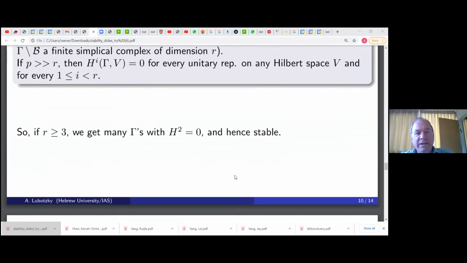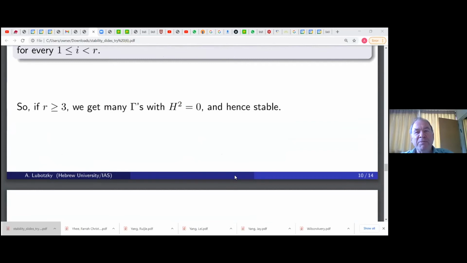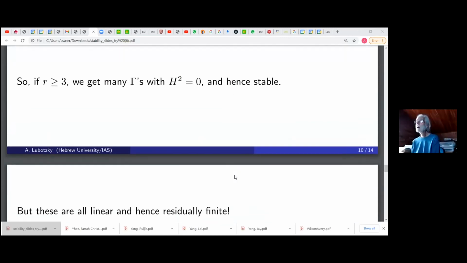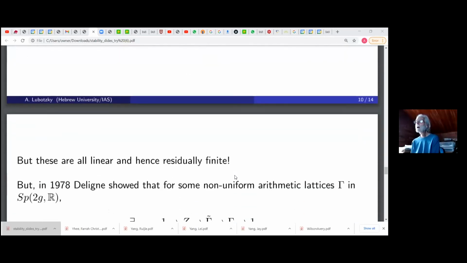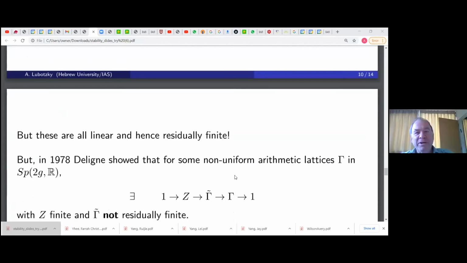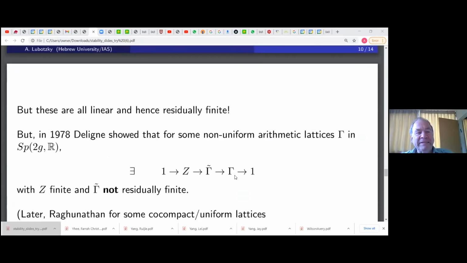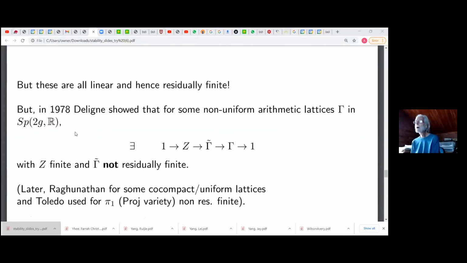Well, usually it's much better to be young than old. The old people have one little advantage. They remember things from many years ago, and some of you maybe knew about this little theorem of Deligne. Deligne, in the late 70s,